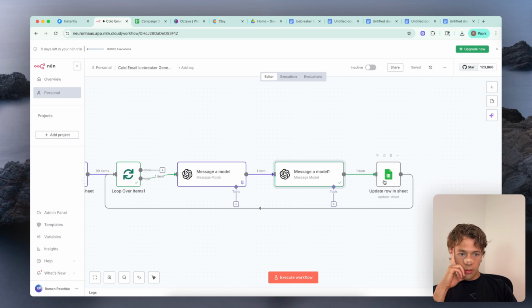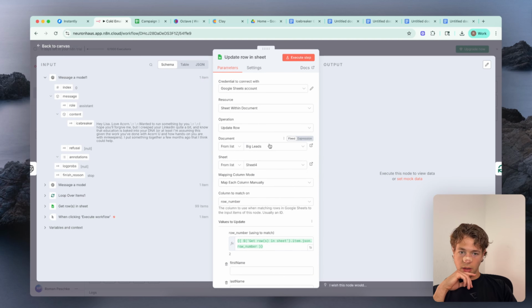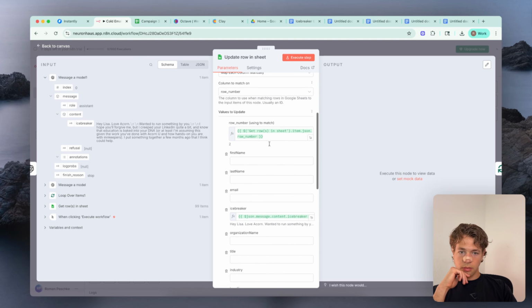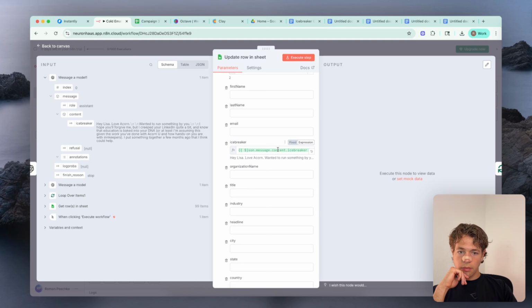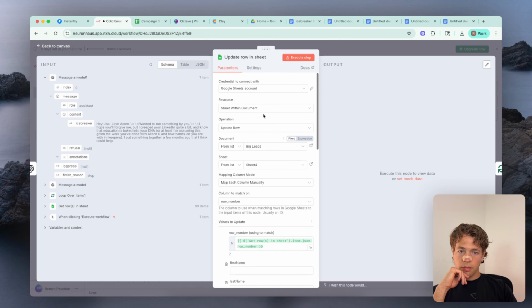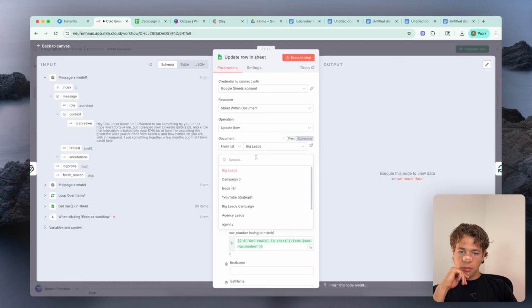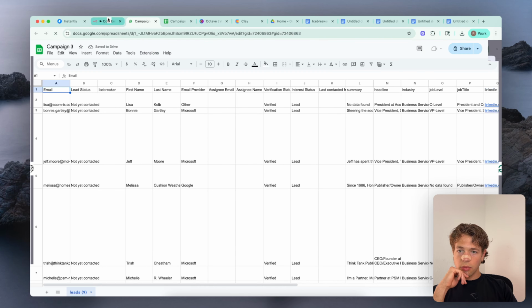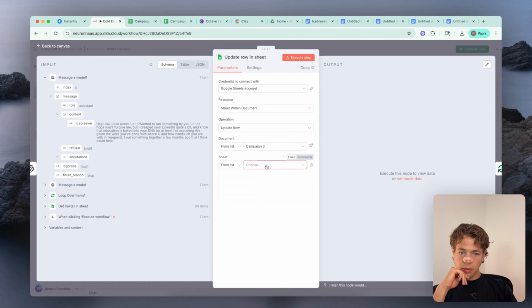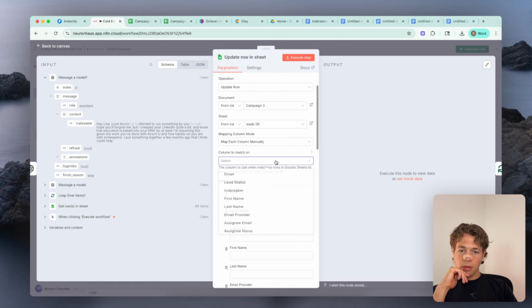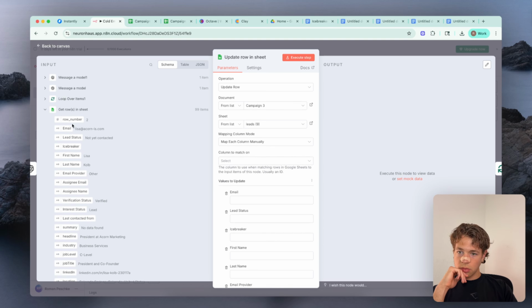Go ahead and hit save. We're going to go ahead and update. Campaign 3, leads 9. Match on row number.